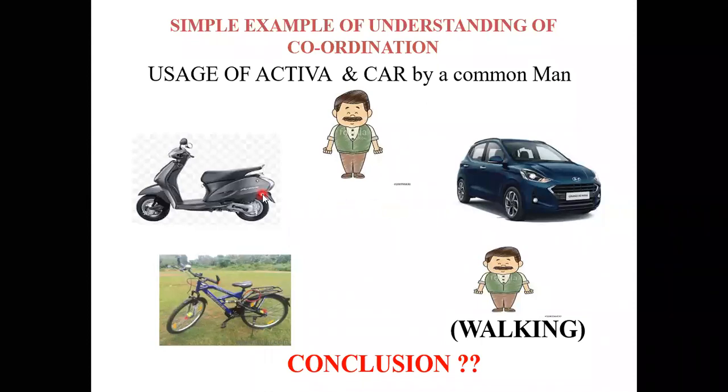So every vehicle has its own advantages and disadvantages, but in order to overcome the drawbacks present in the two-wheeler and similarly in the four-wheeler, what we can do is coordinate these two in a proper manner. Means in some situations we have to pick up the two-wheeler, in some situations we have to pick up the four-wheeler. Then automatically we will get the benefits, especially from the economy point of view and similarly flexibility. This is nothing but the conclusion from this story.